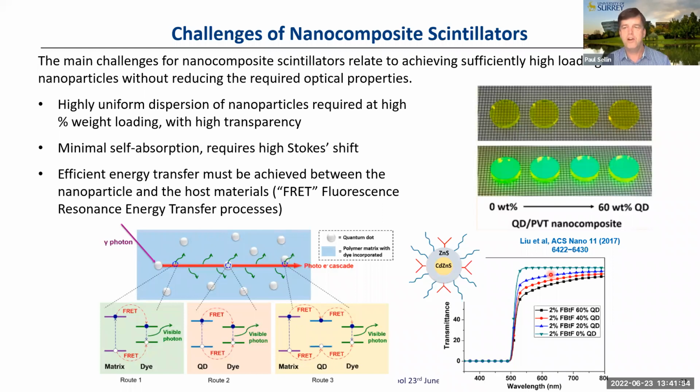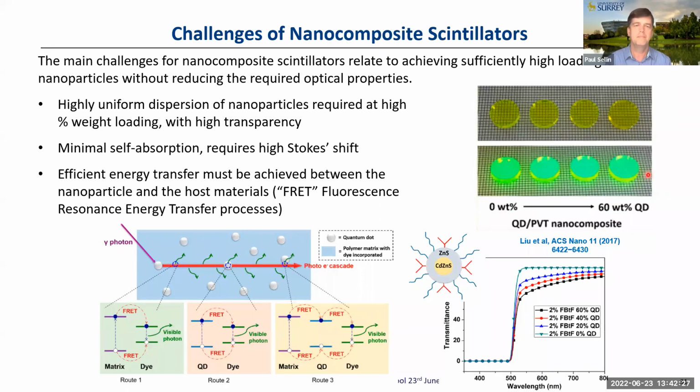This was a very impressive report by a group in California that showed nanocomposite scintillators working with extremely high percentage loading, in this case of quantum dots. These weren't actually perovskites, they were cadmium selenide based quantum dots. But you can see they managed to introduce up to 68%, which produced a very high